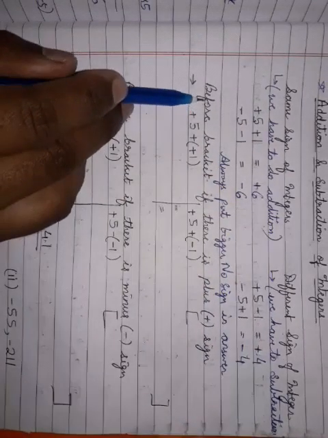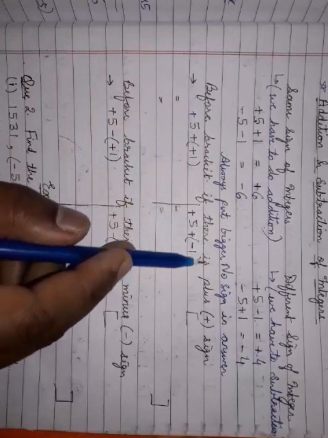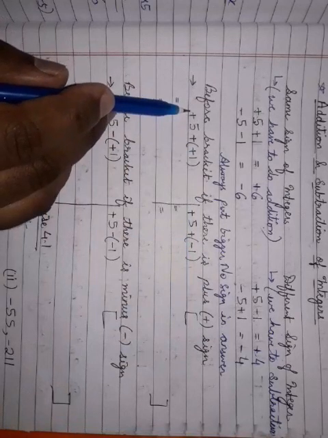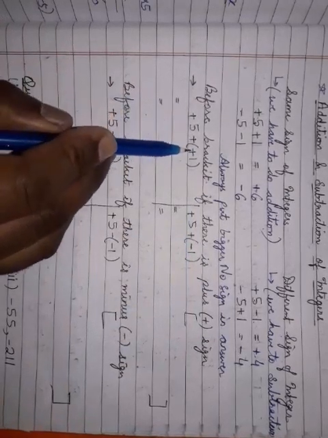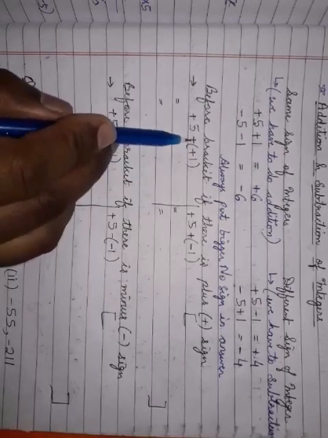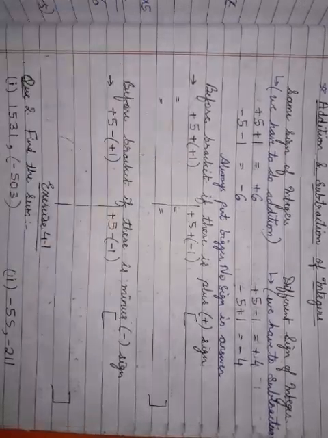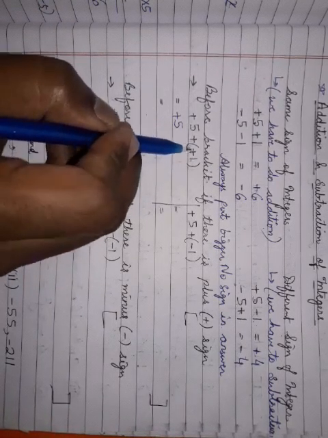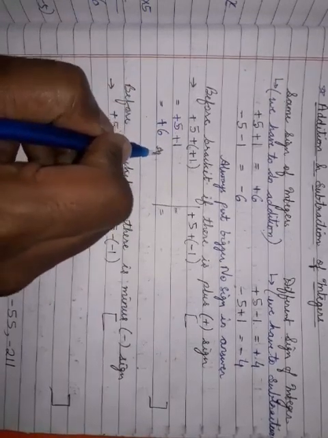Now see, if before the bracket there is a plus sign. As in the condition plus 5 plus in bracket plus 1. So here, before the bracket, what is the sign? Plus sign. So how do we have to solve? So plus 5, here the inside sign will be no change. Bracket inside sign will be no change. Plus 1 means we have to write plus 1. So plus 5 plus 1 is 6 and the bigger number's sign. So plus 6 is the answer. Bigger number is 5, so the plus sign we have to write.